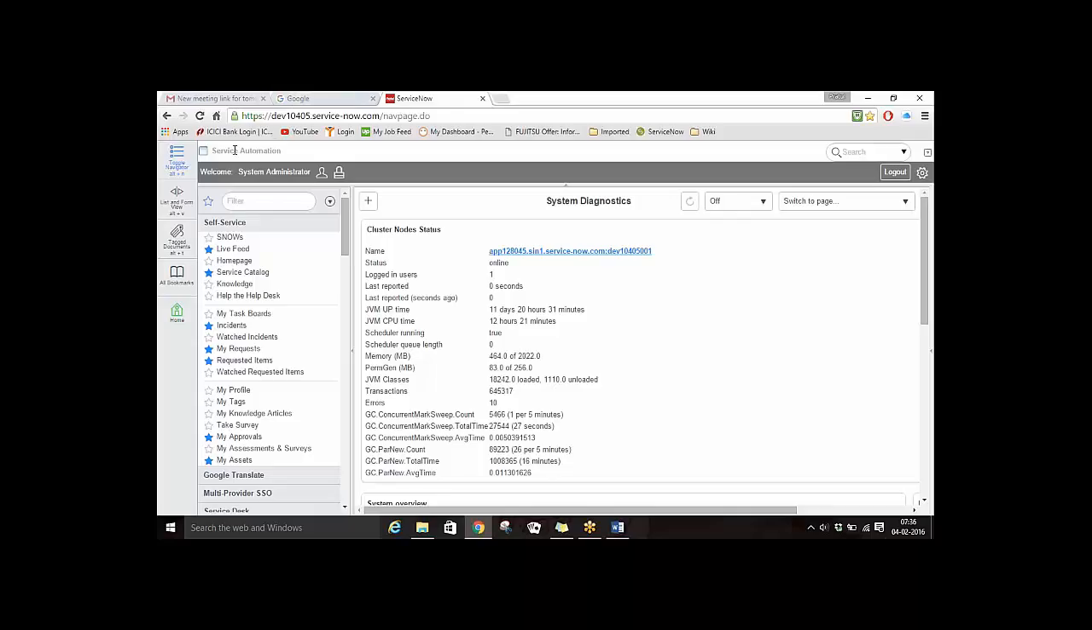I am using the Fuji version of it. Currently ServiceNow has gone into Geneva. I am not switching on to Geneva because there are many UI changes in Geneva and everybody is not very comfortable with the UI changes, because it has been launched in December. I think December 14 was